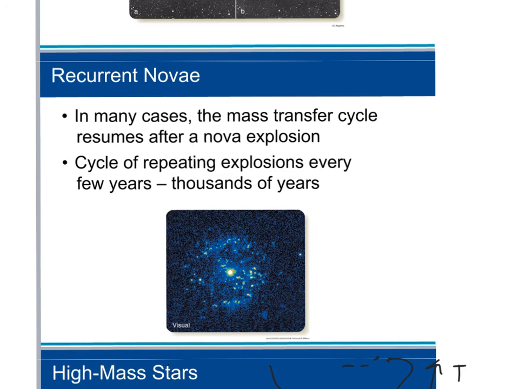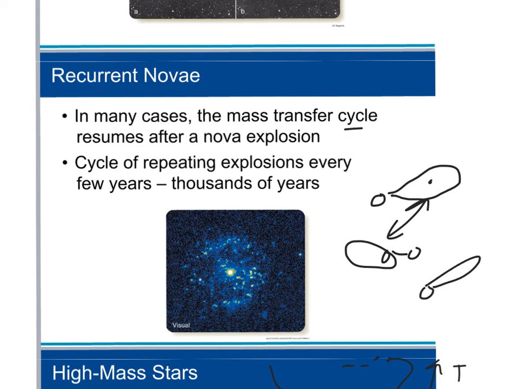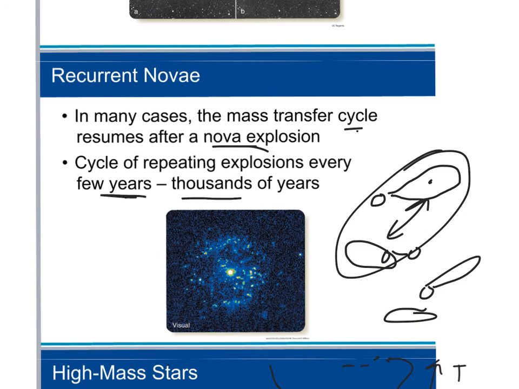so let's look at that cycle first, though, actually. We saw the little dwarf connected to this really big one, and then we saw it reverse. We saw these bubbles, or their Roche encasings, reverse there. And then it continues, it oscillates like that. Then we go back to this pair, and then we go to this pair. So that cycle of mass exchange resumes after a nova explosion. And the cycle of repeating explosions happens every few years. Actually, it's a few thousand years that it happens in.